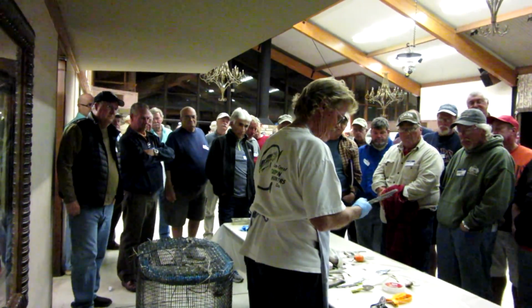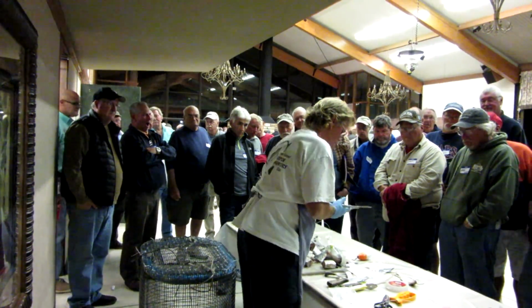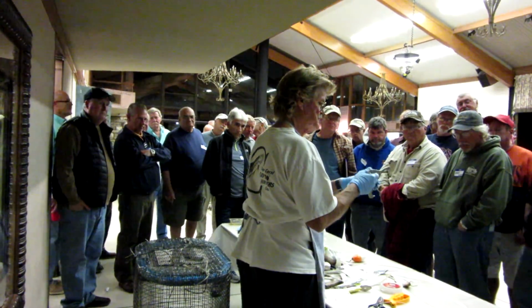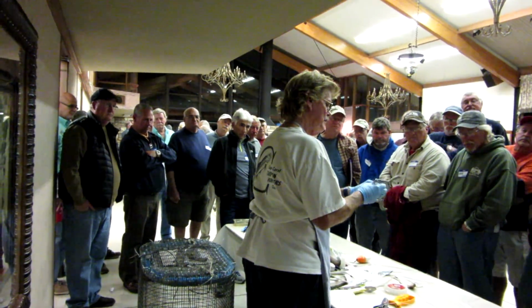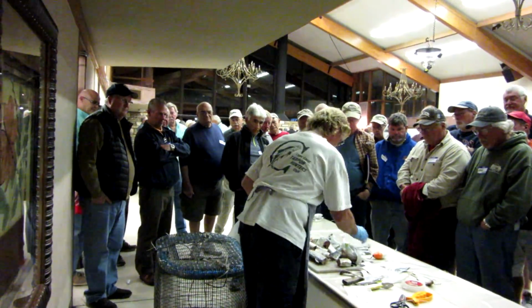This is a good one, they call it an alligator grip. There's a couple types here. This is one type right here. Here's one here that you can use. It's missing a spring, but you get the idea how it works. You can buy one of these too, okay? And what you do